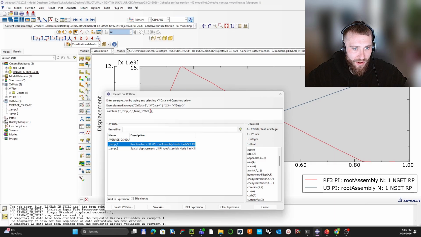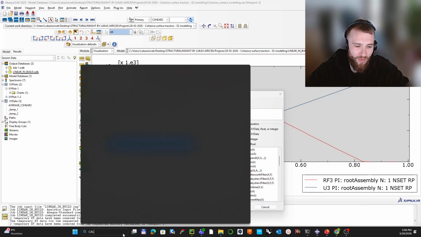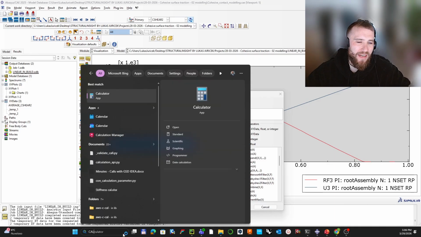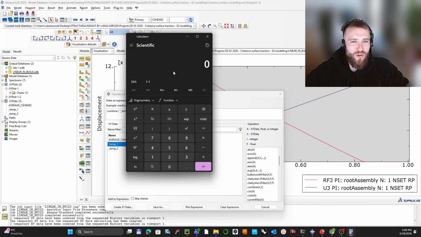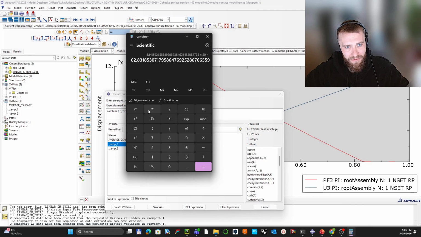How did I receive the number? If I take a calculator and create my diameter, here is a pi. Pi times diameter is 20 and the embedded length is 100. So I have 6,283 and this is my surface that is